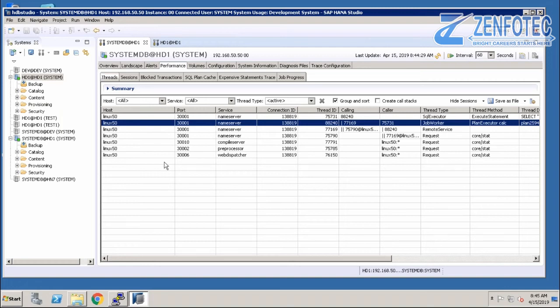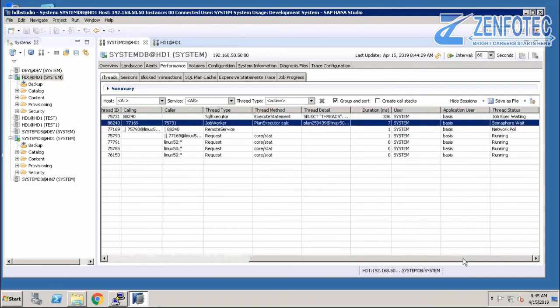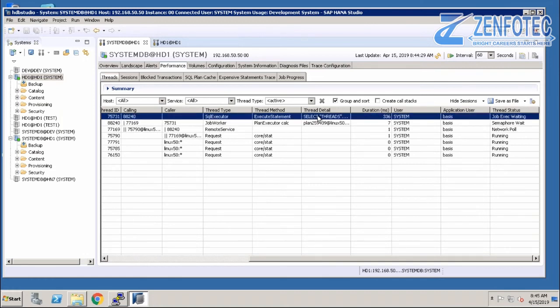Here, if you see, we have the host name, port numbers, services, connection ID, everything. Here, what SQL statement is executing. So this is the thread details. Durations show how long this statement has been executing, and this is the user ID who is executing, and this is the application user ID.